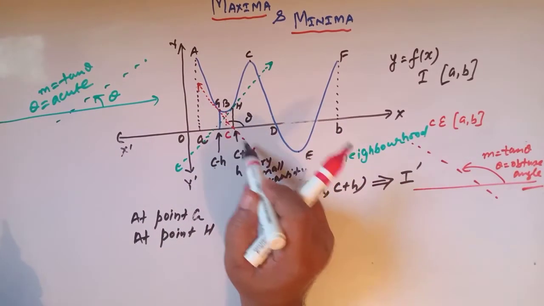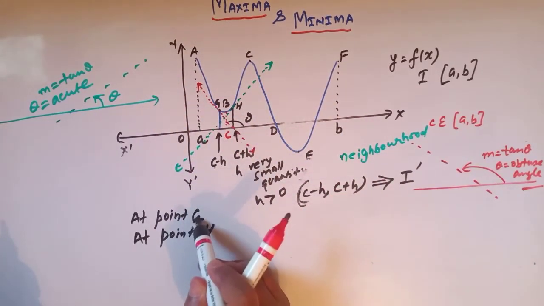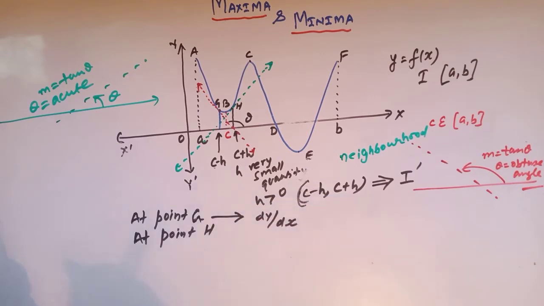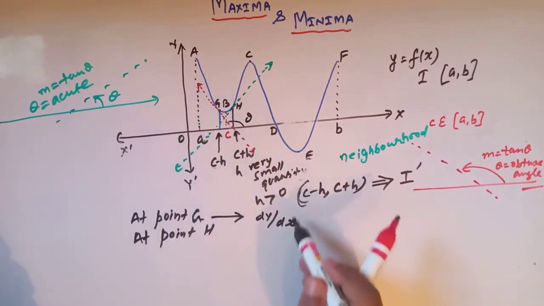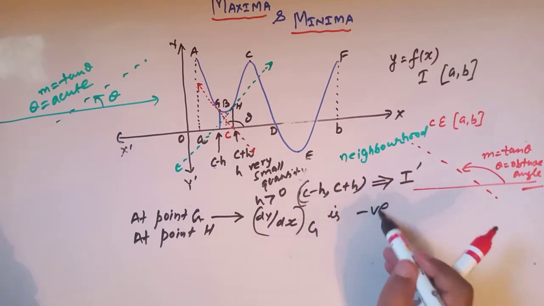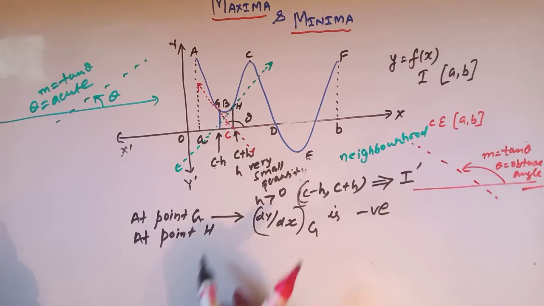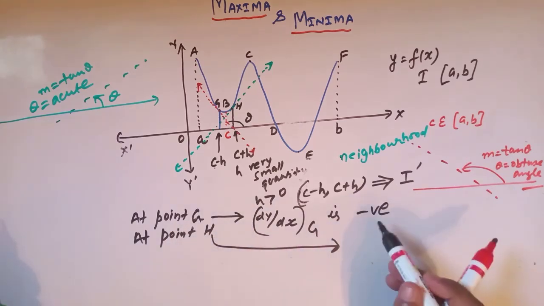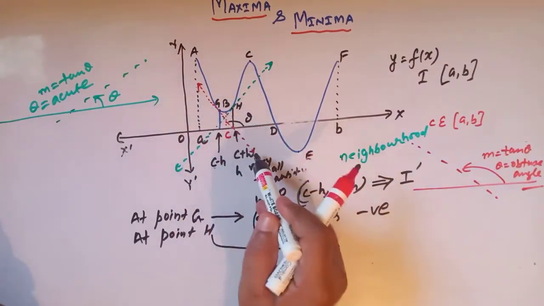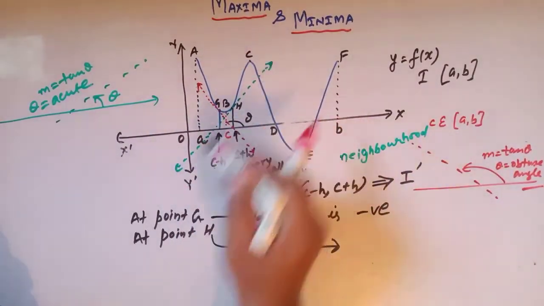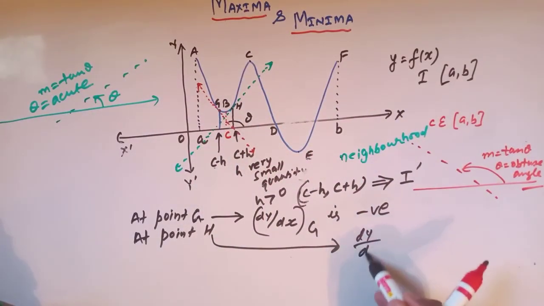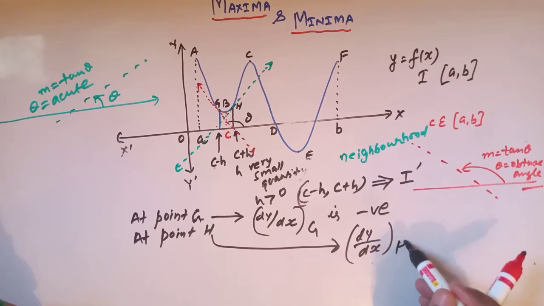So the slope, or we say the derivative dy over dx, at this point G is negative, clear, and at point H we have this tangent, the green tangent here. So the derivative is positive,